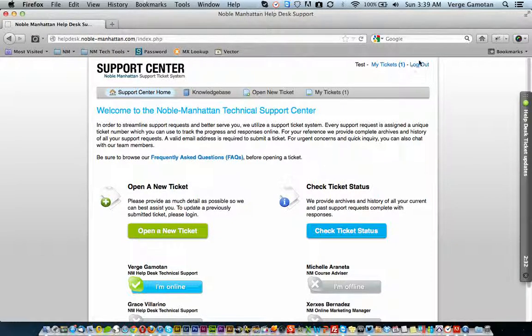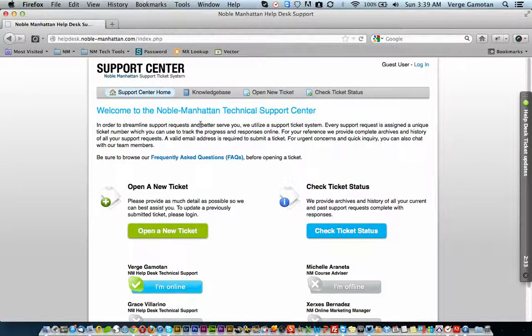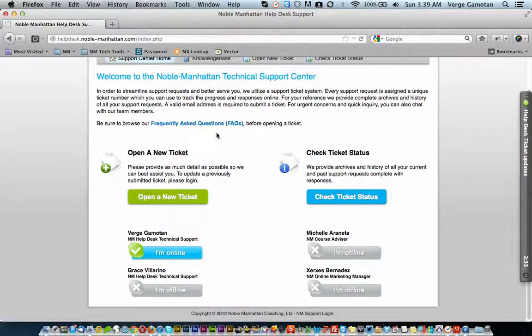Now, if you are in IT or part of the Noble Manhattan family, or anyone who is part of the support group, maybe us in technical support, or Michelle, maybe course advisor, or Cersus about online marketing, our marketing manager, now we have an admin login. So for you to log in, if you're the administrator or part of the Noble Manhattan support group, all you need to do is